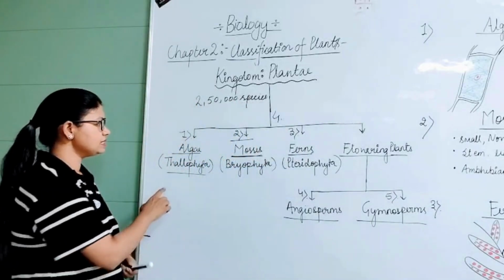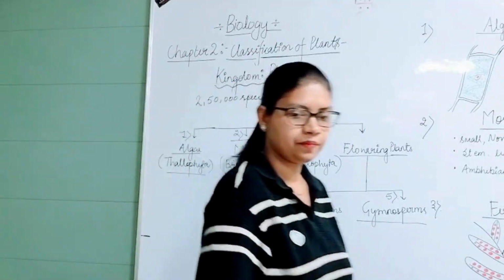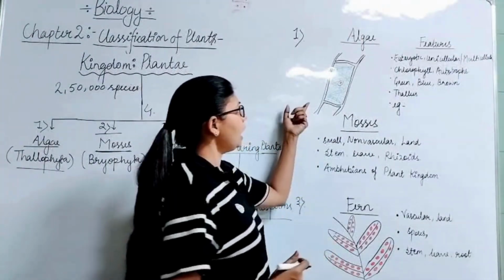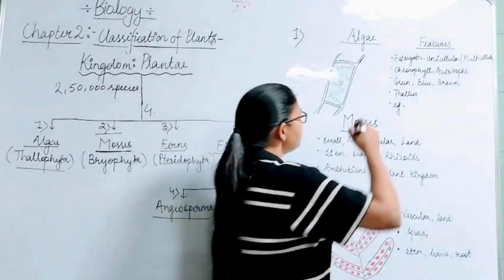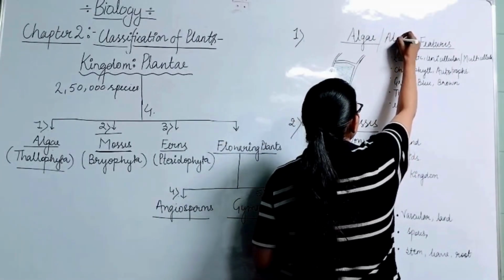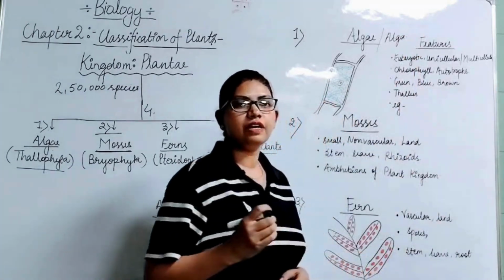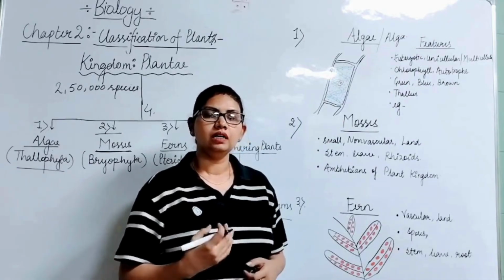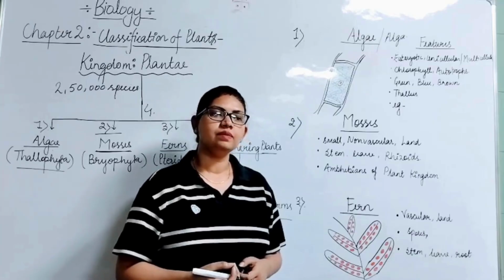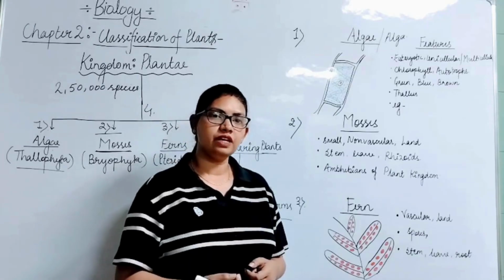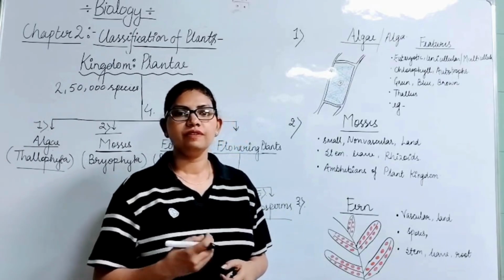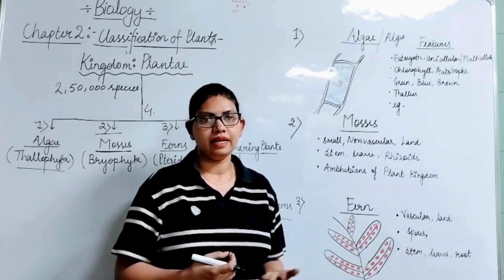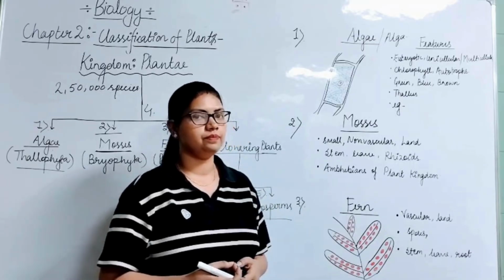Now, first we will study about algae. Algae, its singular form is known as alga. And if I talk about the habitat of algae, it is basically aquatic in nature. Aquatic means it is found in water, fresh water as well as marine water. Fresh water is found basically in rivers and ponds, while marine water is found in sea and ocean. So,